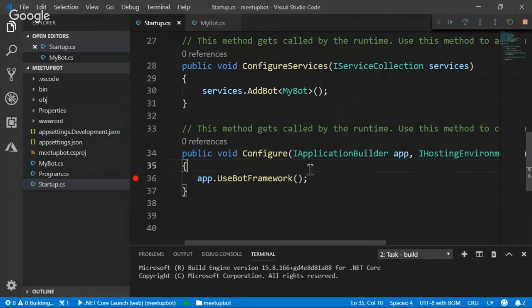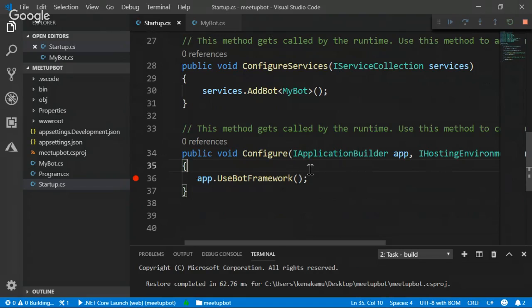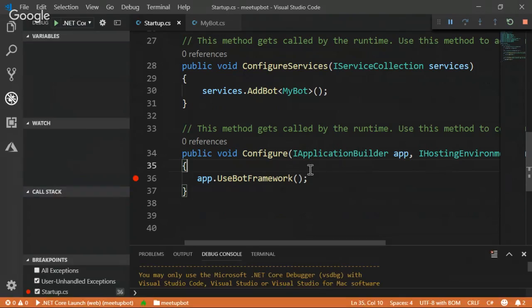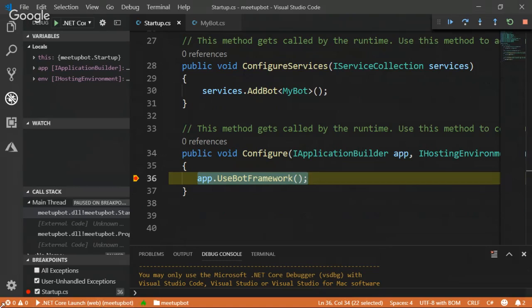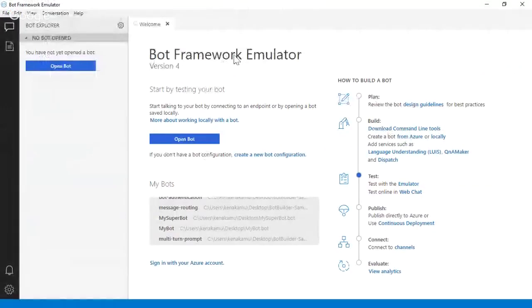Now what? Now we cannot call this from the browser because the browser is not a bot client, right? We need a client to call this bot framework service, but I did not hook this service into any other chat client like Skype or Facebook. So Microsoft provides the emulator, which emulates other clients. So from here,